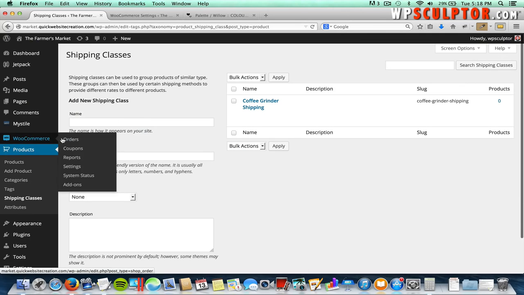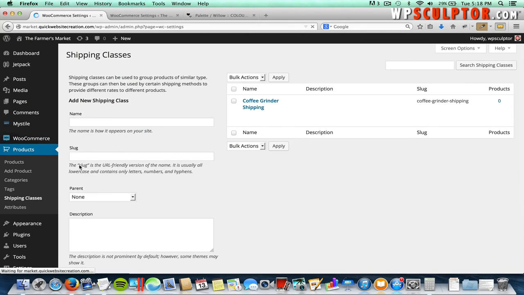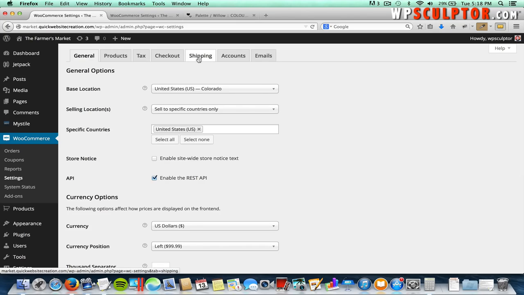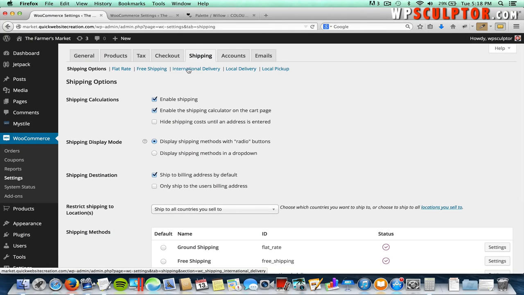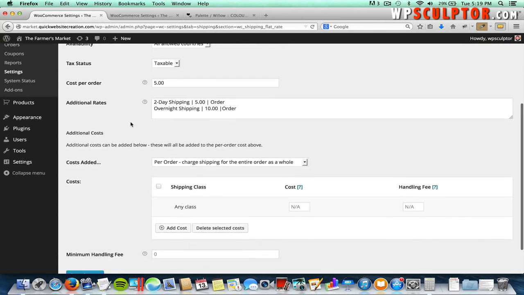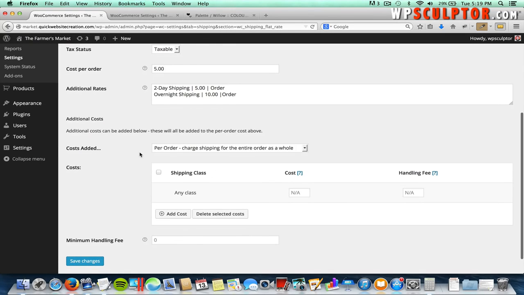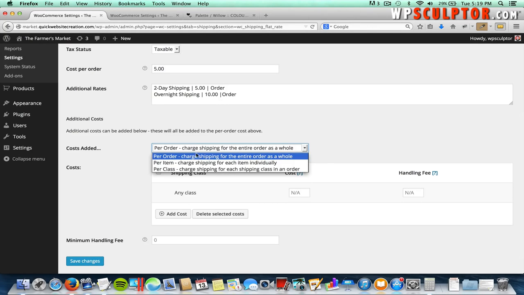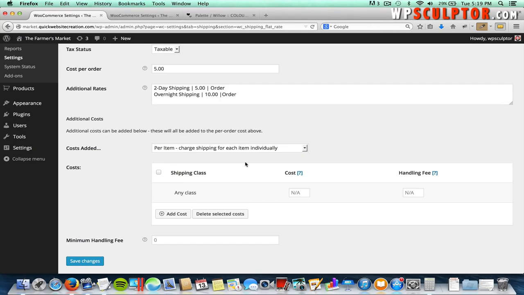Let's go to WooCommerce and click on Settings. And click on the Shipping tab. And we're going to click on the Flat Rate Shipping option, since this is where we apply that shipping class. And then we'll scroll down to the bottom here. And right here, we're going to add the shipping class. First of all, change per order. We're going to do this charge shipping for each item individually. And that way, every time a coffee grinder is added to the cart, it will tack on an additional shipping cost. And we're going to select this class